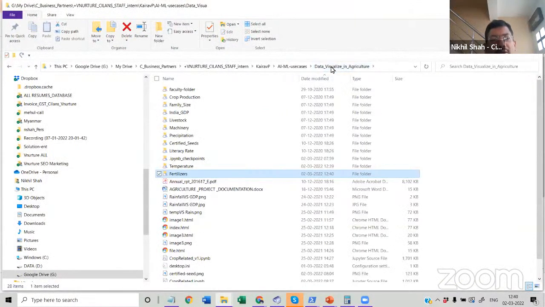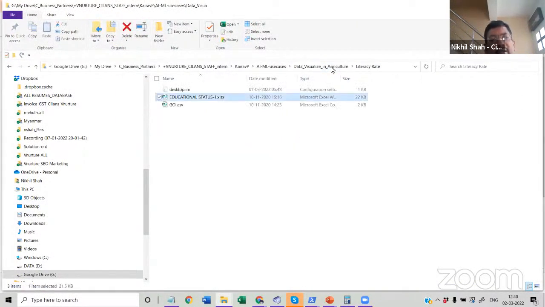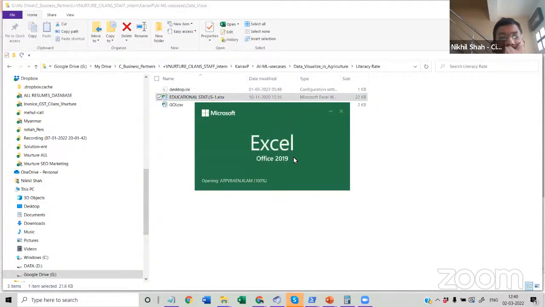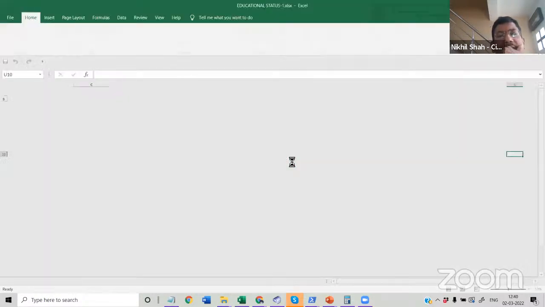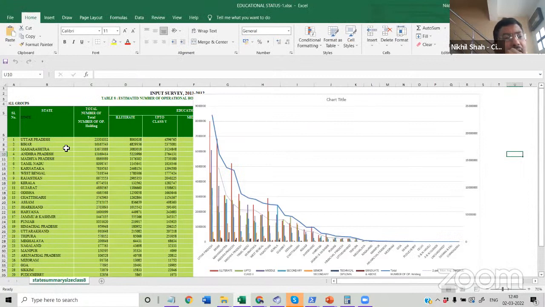I'm not going to go through all, but I just want to give you some of the literacy rate data, where we have captured the education status. So this is Uttar Pradesh, the total literacy, and there is a lot of other data about how much they have studied, till class 5, class 7.